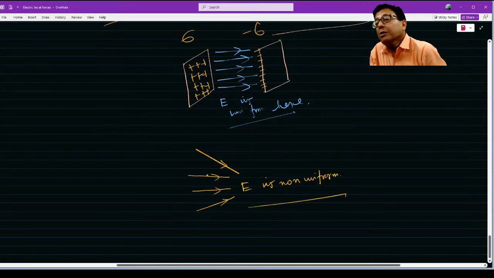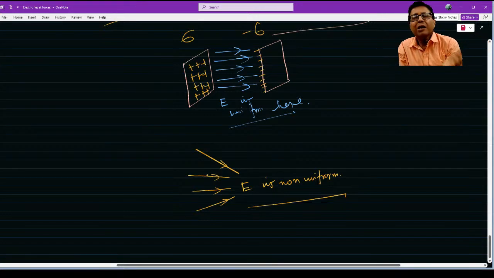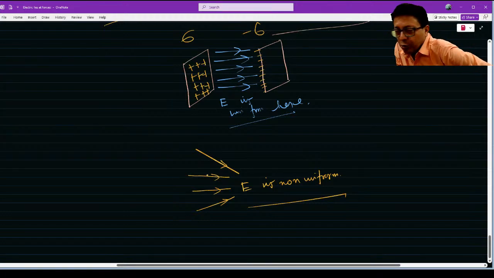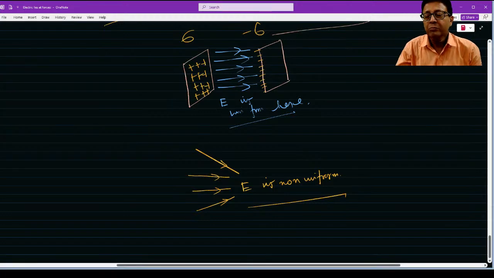Diagrammatic representation of non-uniform electric field we don't do normally. Our interest is with uniform electric field over there. Okay? Now, why am I doing this? Because